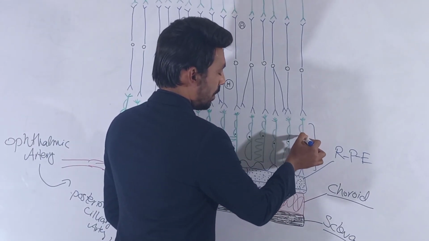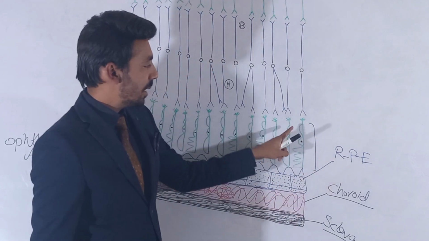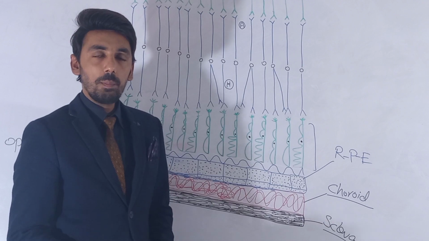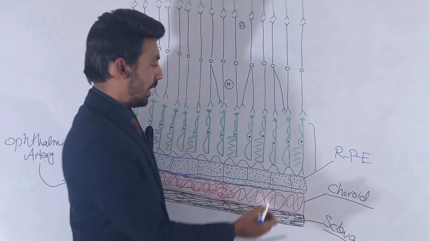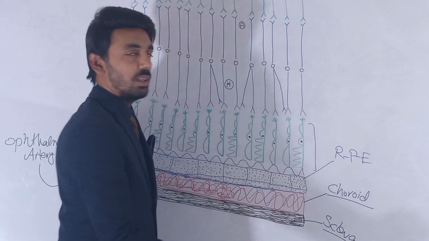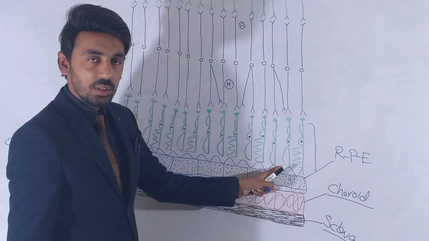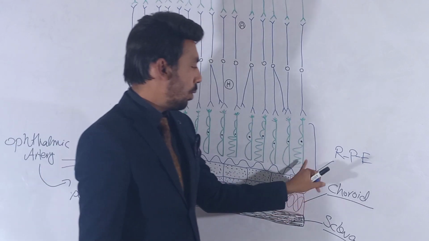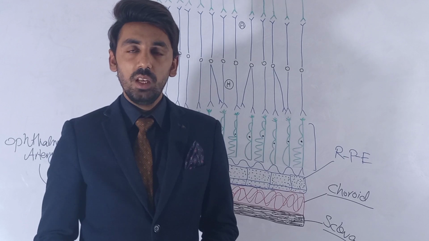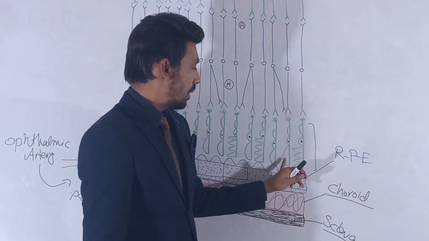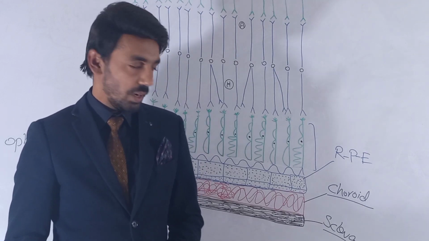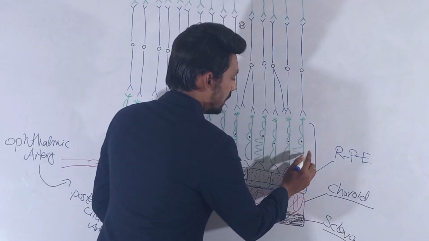This part of the photoreceptor cells is called the inner structure, or the inner part, of the photoreceptor cells. And now, as you can see, these are the rod-shaped photoreceptor cells, and these are called the rods. And you know that the cones are very helpful to differentiate the different colors in daylight, and the rods are very helpful in the dark. Right?